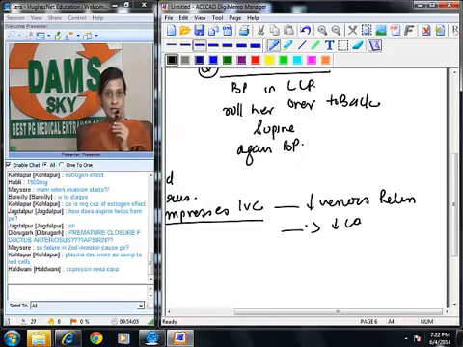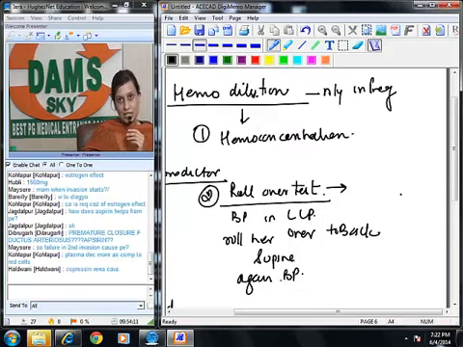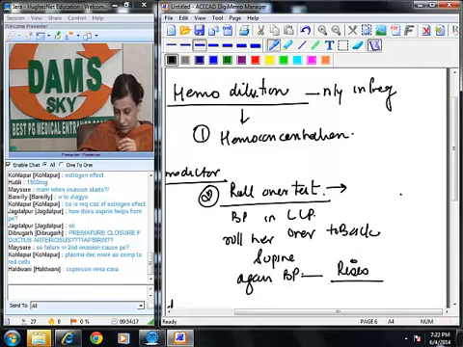On the contrary, this will not be seen in patients with preeclampsia. When we do the rollover test in patients who may develop preeclampsia later, in them the blood pressure rises. When you make them supine, the blood pressure rises because of the increase in the afterload. So this is called the second predictor of